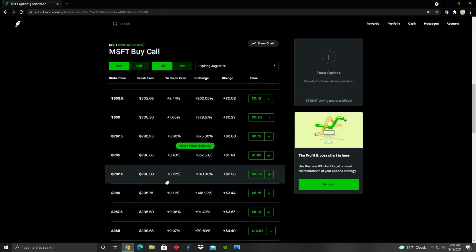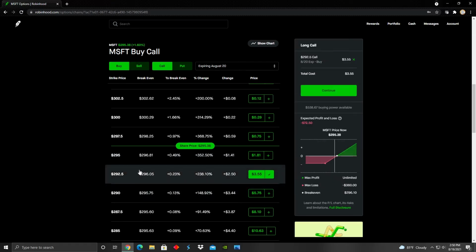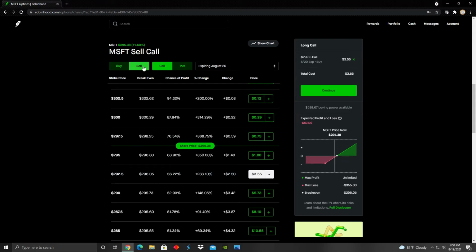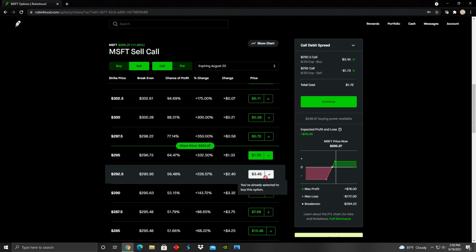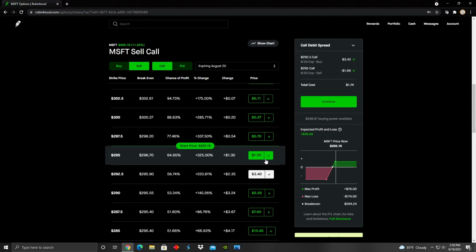We're going to use 292.5. So we're buying this call option for $3.55 or $3.53 per share. And since with options contracts you're dealing with 100 shares, for this options contract we would be buying it for a total of $360. And then we would sell the call option that is right above it. And so we would be buying this options contract for $345, and then we would be selling the options contract right above it for